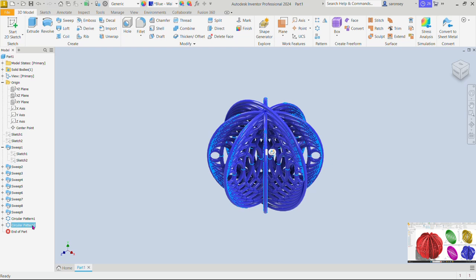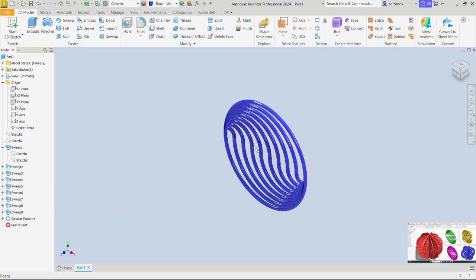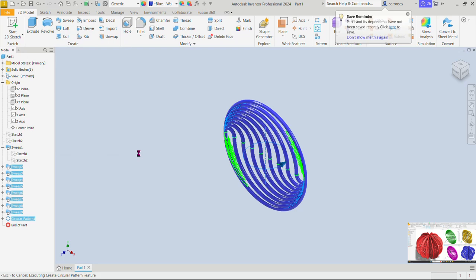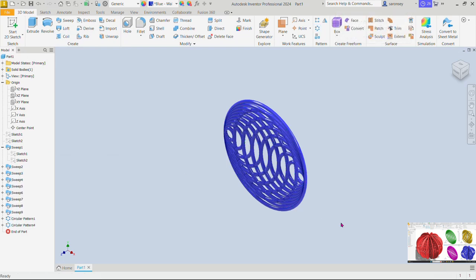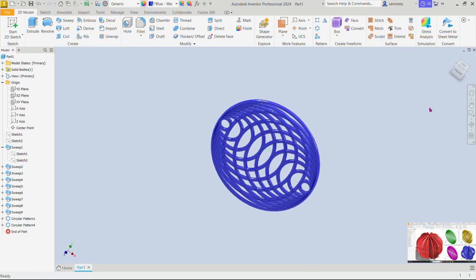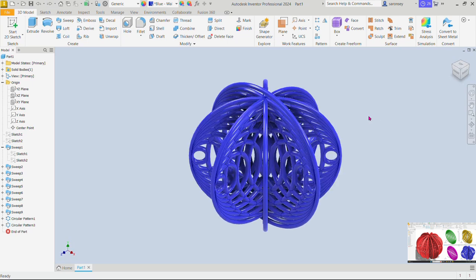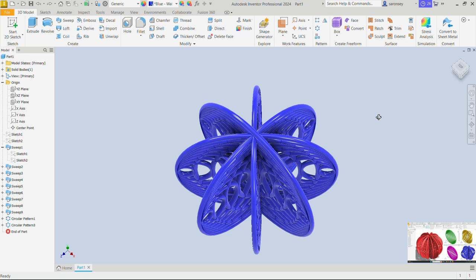Okay, so we would delete this and let me create another circular pattern. For the features, the sweep 2, hold on the control key up until the circular pattern 1. Rotational axis is going to be the Y axis again, but let me change the occurrences to 2. Let's OK. This is also another nice model we can create. The possibilities are endless. Let me take a few steps back to this. Okay, and so that's going to be it for